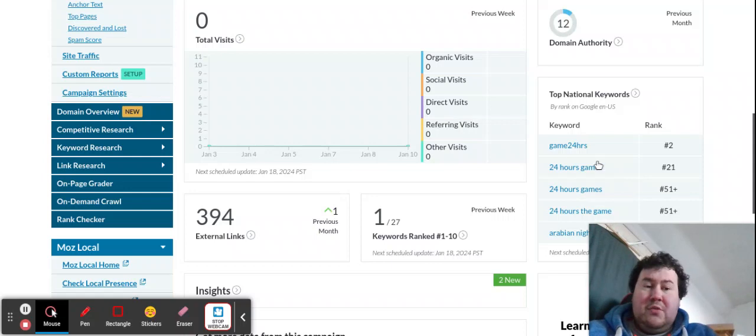So if we use the example here, for example purposes, say we're ranking in second position for the keyword or brand name of Game 24 HRS. If we're ranking for that, what are some of the options we can do to try and improve our site, or make our client's site better? Well, we can do a range of things. We can simply focus on getting more authority behind our root domain. In this case, our root domain would be game24hours.com.